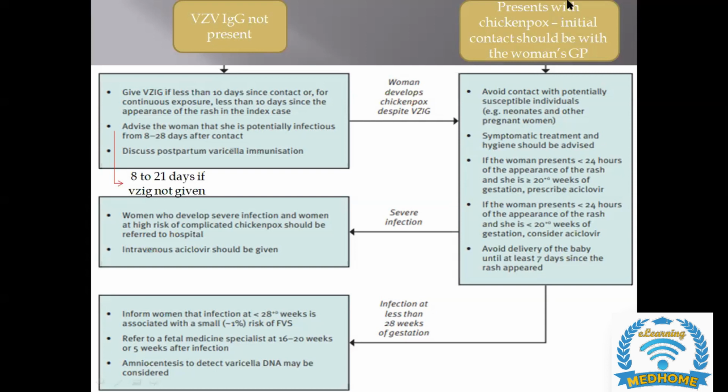The benefit of amniocentesis is doing varicella DNA, finding out if the DNA is there or not. We are doing amniocentesis for diagnosis, for the baby. We are not doing it for the mother. We check antibodies in the mother. How can we check antibodies in the baby? What will be the procedure? How will we know that the baby has the infection or not?